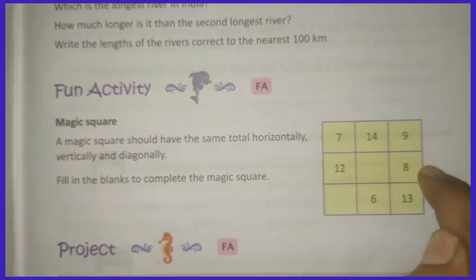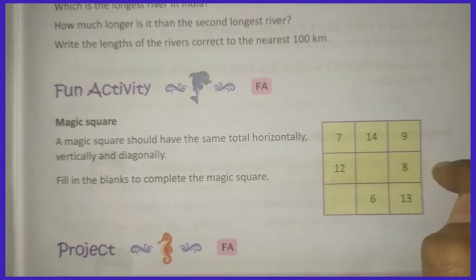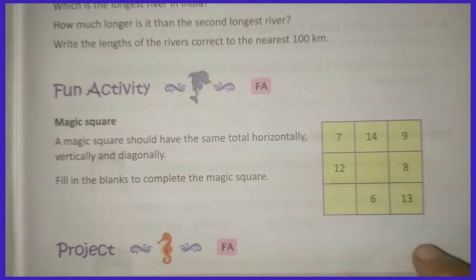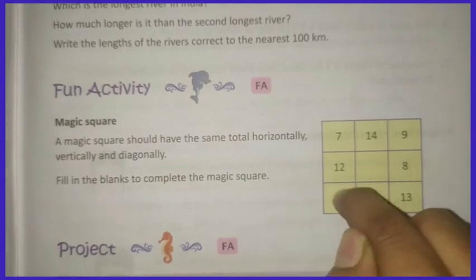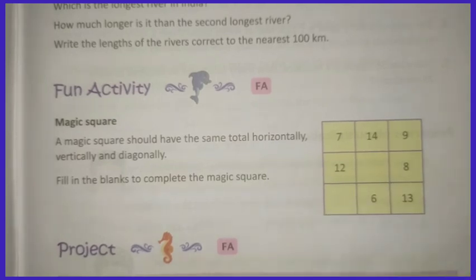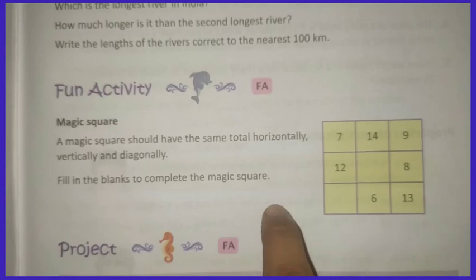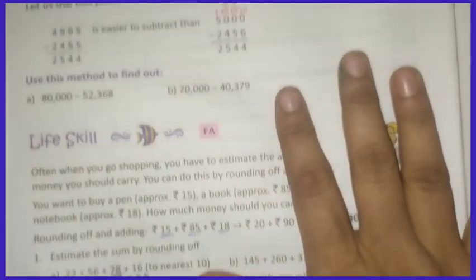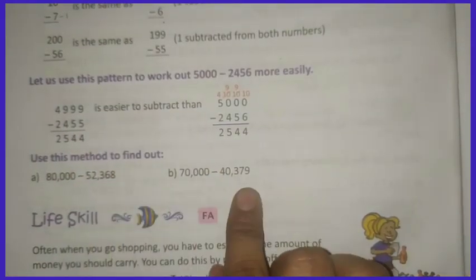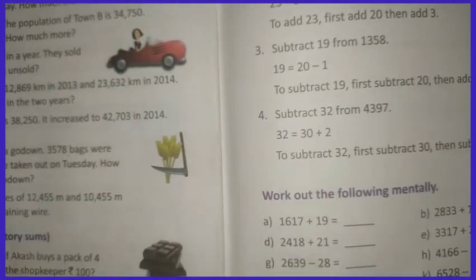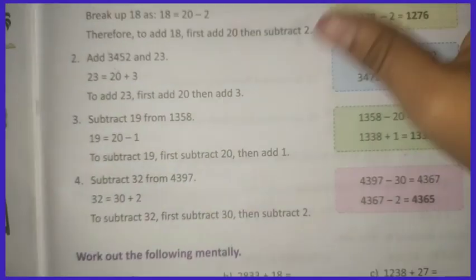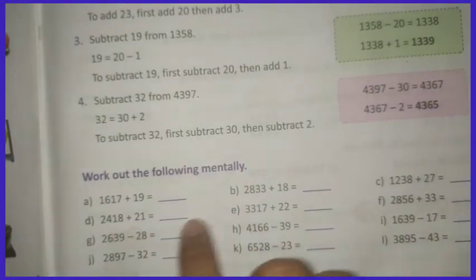Add these two, then subtract whatever answer you got from this number, then you will get one number right here. Add these two and subtract that from this total number, then whatever you get you will write here. Okay, complete these in the textbook only. This also in the textbook, and this also in the textbook only. Here these also write in the textbook only, don't write in fair notes. These bits also do in the textbook only. Only these bits you have to write in fair notes.